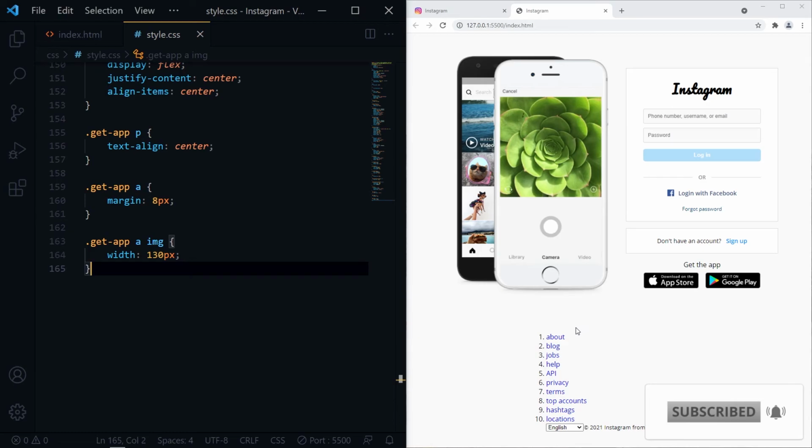Now for our footer elements, we need to remove the list style type, make it in a center in horizontal line and change the color.